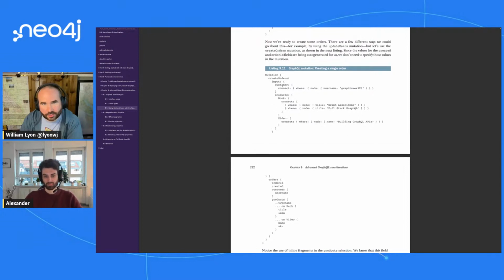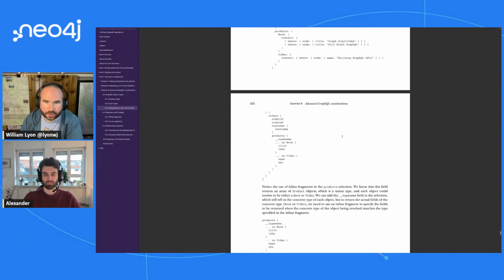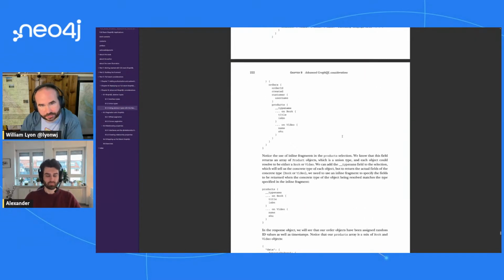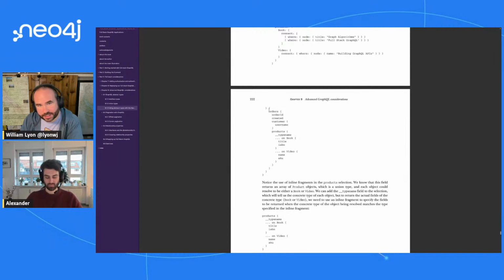And so here we're creating an order for our user GraphLover123. And they are buying some books and buying a video. So note that when we are creating the orders and connecting them, we need to specify whether it's a book or video. So we can't just say this is a product, because we need to know what node label to match against. But then notice in the selection set,